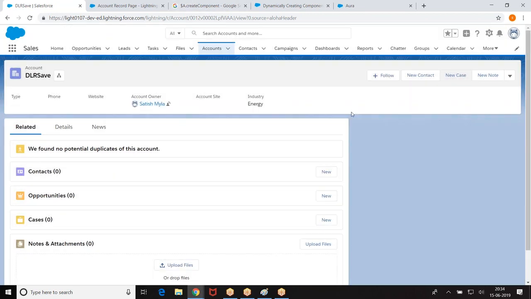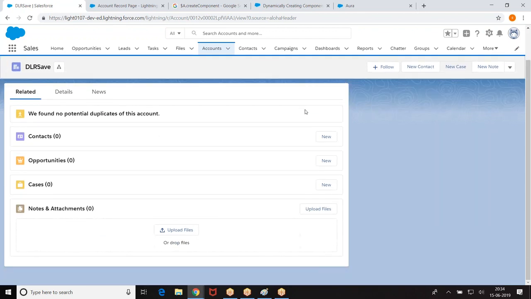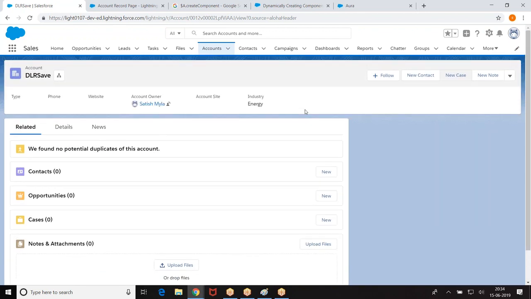Okay. So before we wind up, if you have any queries on the topic we discussed as of now, let me know. Tomorrow we'll see the overlay concepts and also passing the IDs to the list of records. When you have a list of records, how do you pass the ID of the record I selected? If it is a single record, I know how to pass the ID. When you have a group of records, how do you identify the selected record and pass the ID to the next component? That we'll see tomorrow. So before that, if anyone has any queries on the topic we have done, let me know.